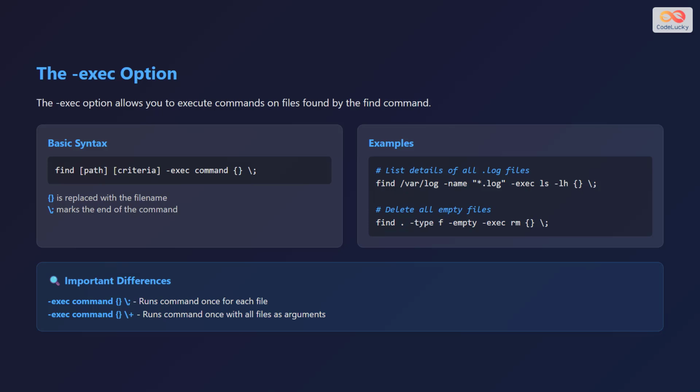The -exec option allows you to execute commands on files found by the find command. The basic syntax for the -exec option is find, then the path, criteria, -exec, the command, and \;. Here, {} is replaced with the file name and \; marks the end of the command. For example, to list the details of all .log files in the /var/log directory, use the command